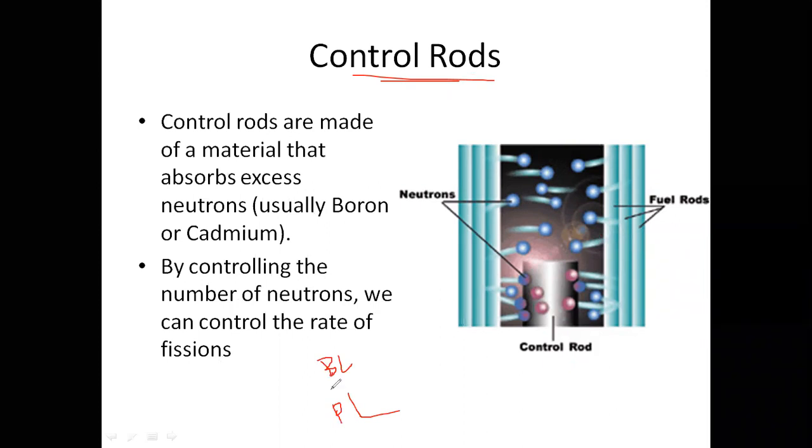Base load means in a day, 24 hours, the load is maintained constant. That represents the base load. Peak load means within a short interval of time, the load is increasing. Within 2 hours or within 1 hour, again the load is coming up from the actual position. That is nothing but the peak load.